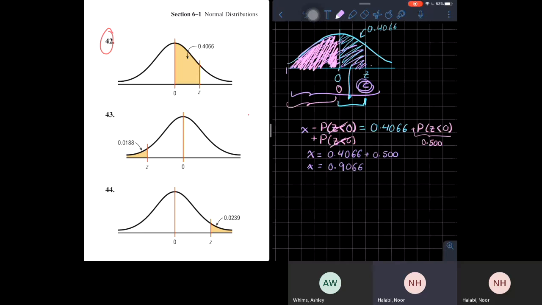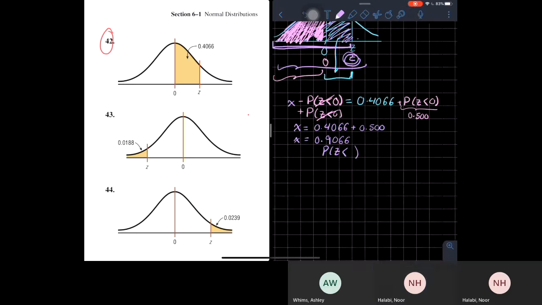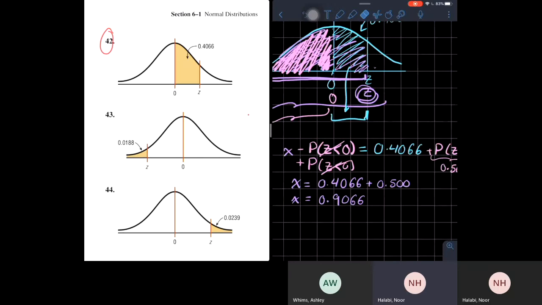Again, the x was that bigger area under the curve, right? It's another way of saying the probability of z less than some number. We still don't know that number right now. Actually, that's what we're trying to find. So yeah, this big purple area we figured out is